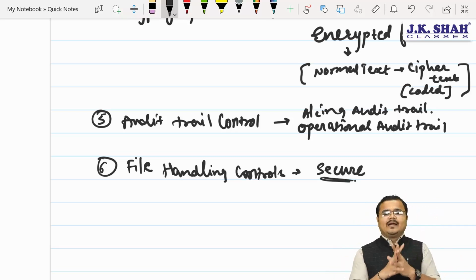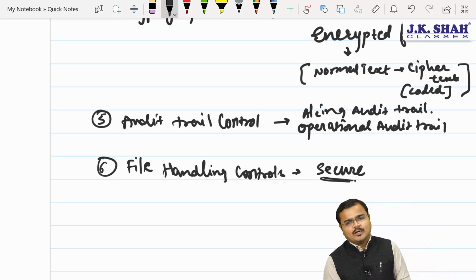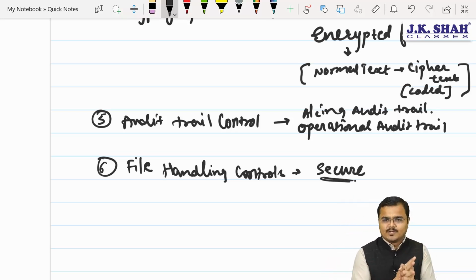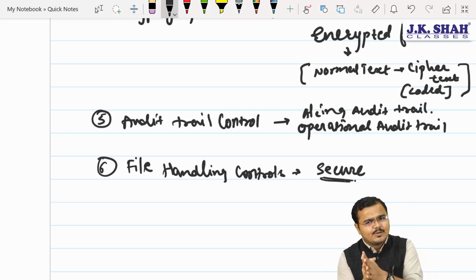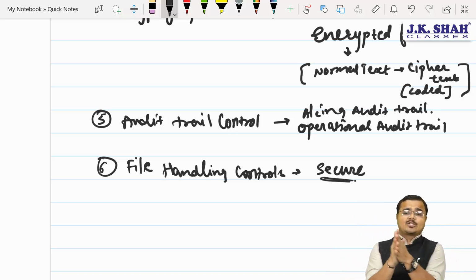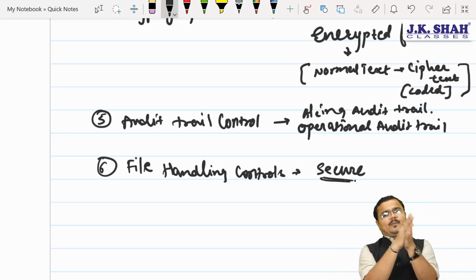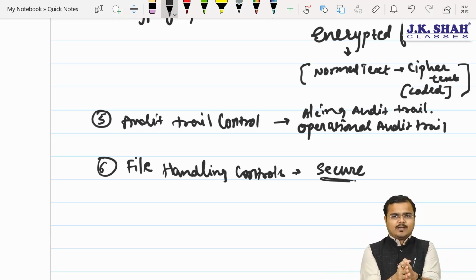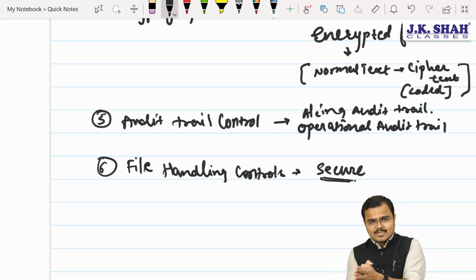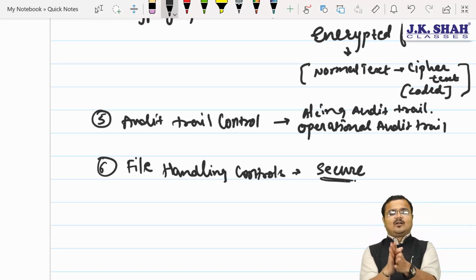So, chartered, what do file updating controls or file handling controls indicate? Sir, we should appoint a senior trustworthy person. We should make sure that his duties are properly distributed. Segregation of duties must be there. We are going to maintain the log of these files also, chartered. Whatever modifications are done in the file, we are going to maintain the records of that also.